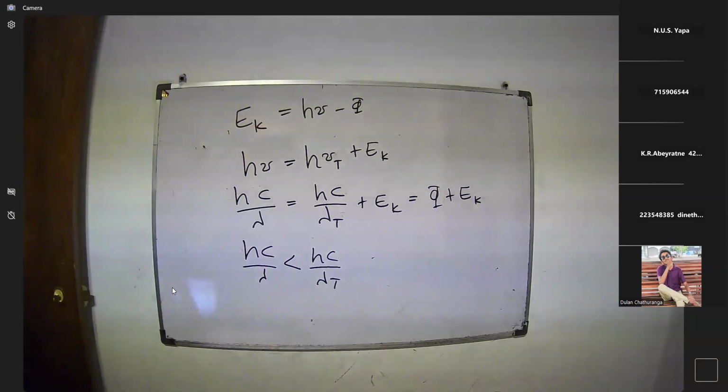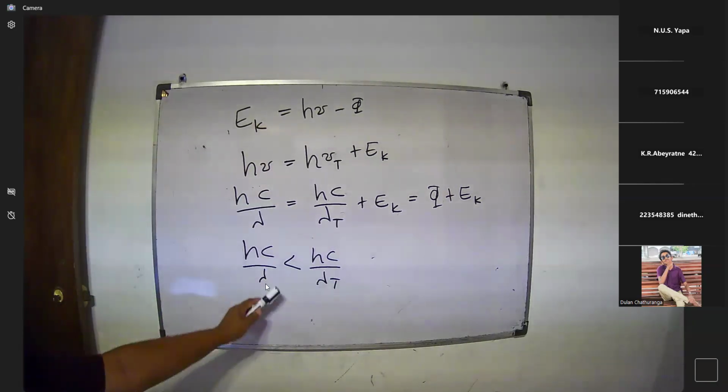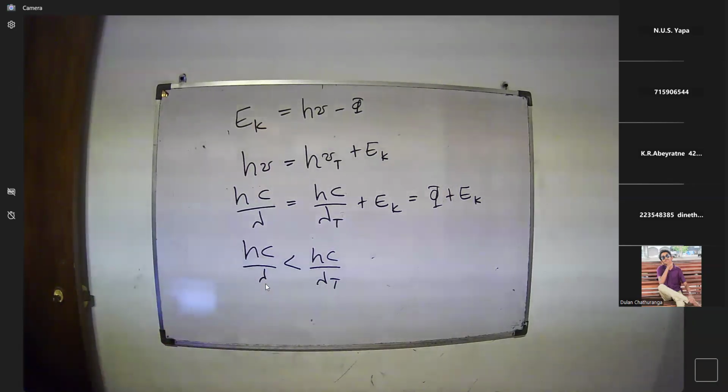In the previous slides, we explained it, right? So we can compare this. Lambda t is the cutoff wavelength. An increase in wavelength means hc over lambda is less than this value. So with less energy, the electrons do not have enough energy to escape, right? But in the classical theory,